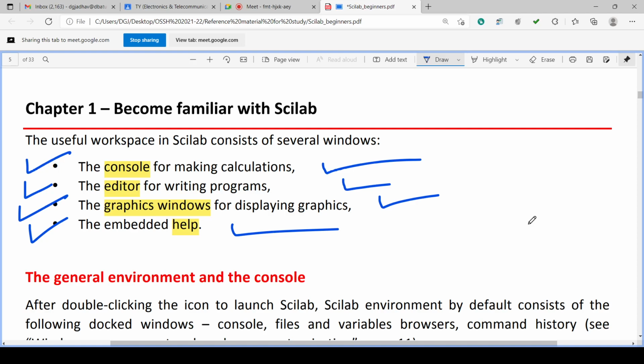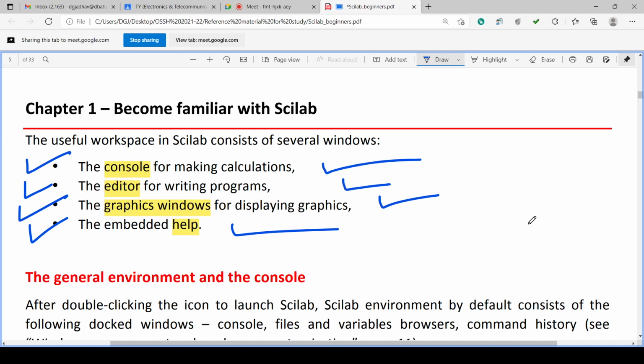So the editor is used to write multiple commands in a program, and a very long program or code can be generated. 10-line, 100-line, or 1000-line code can be generated and saved as a file, and anytime we can open that file and execute it.